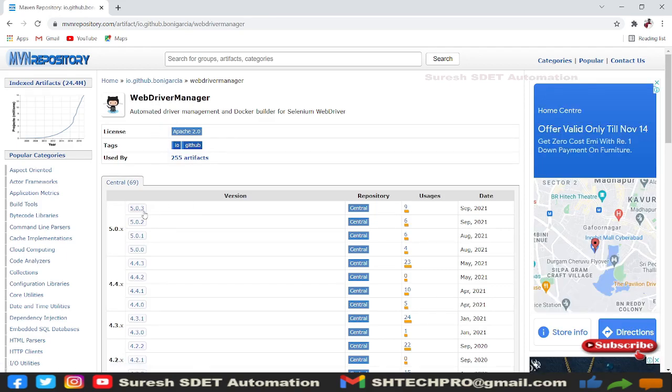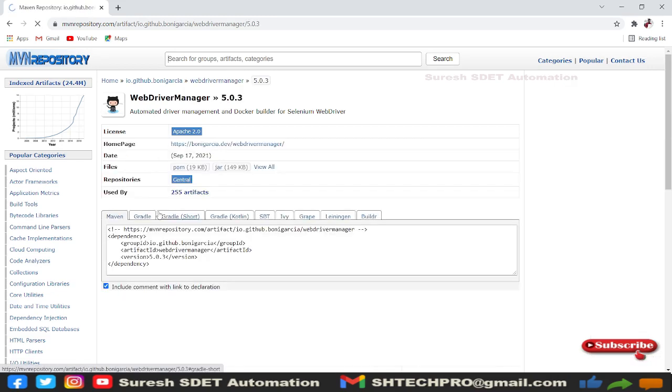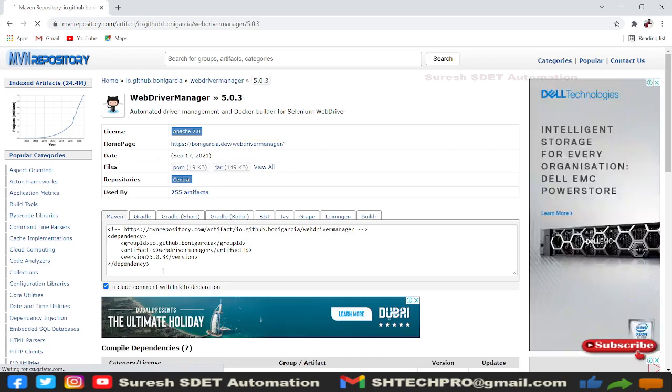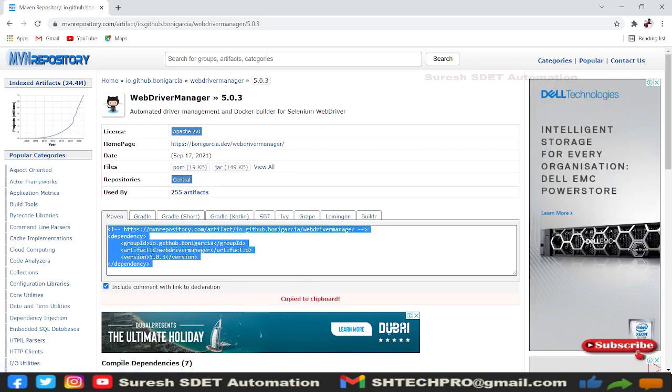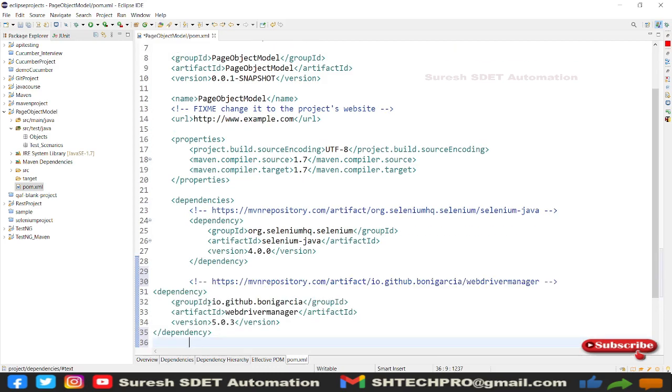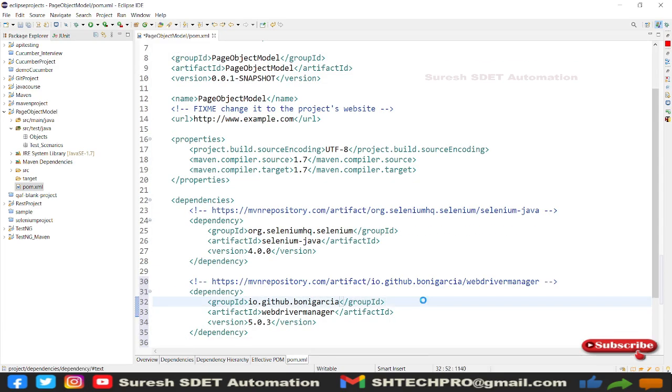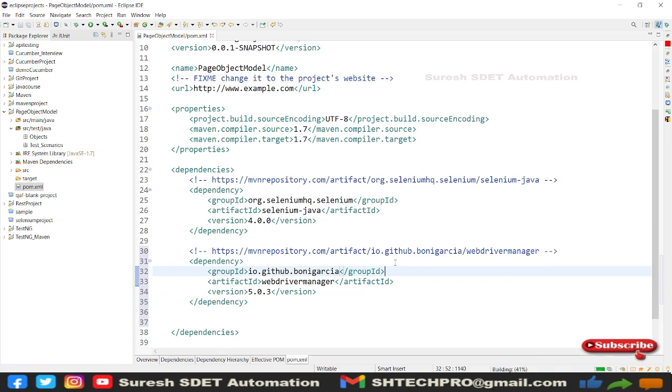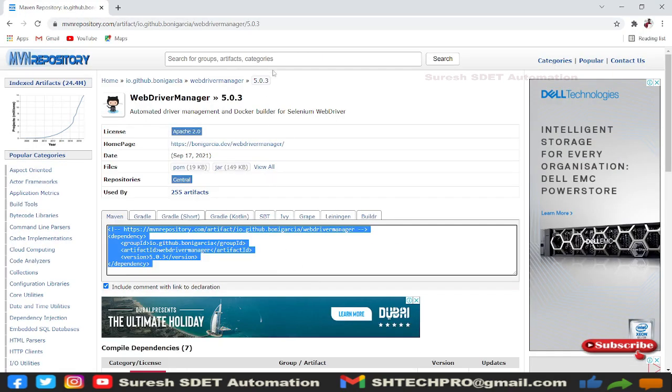So this is WebDriver Manager. You need to select this one, and we have the latest version 5.0.3. I will select this dependency, copy it and paste it in my pom.xml. Right, we need this much, and I'm designing the project in TestNG format, so for that I need the TestNG dependency too.